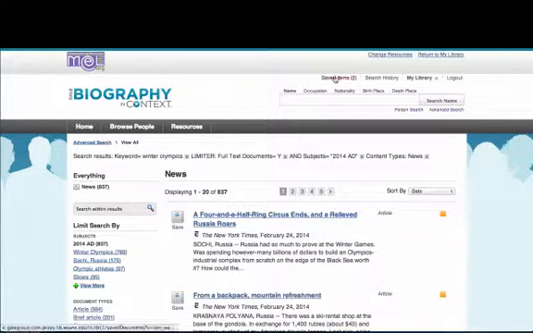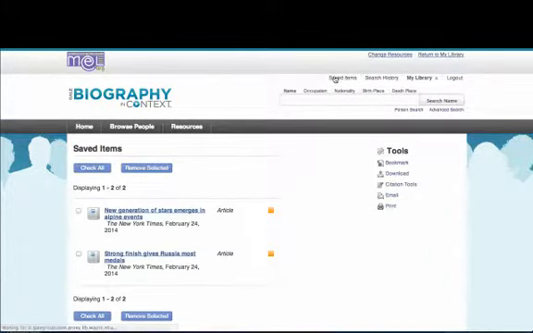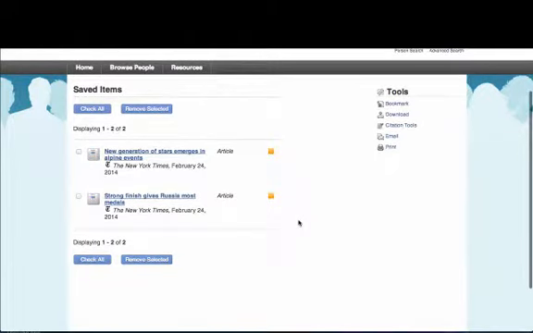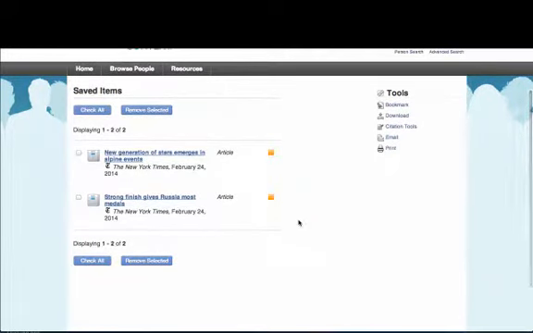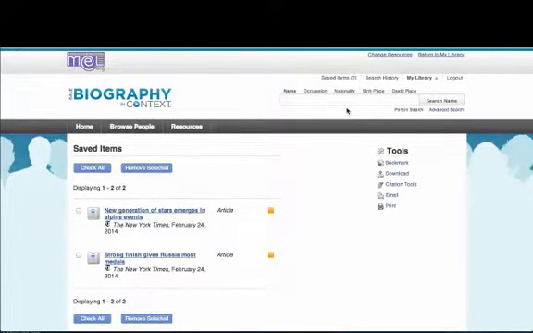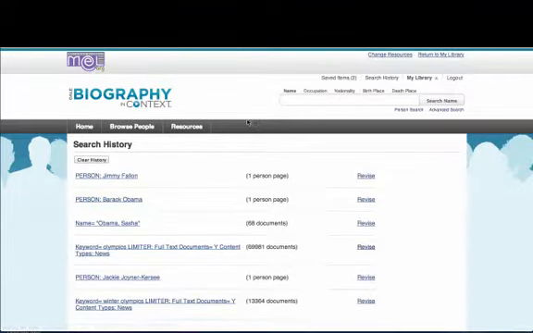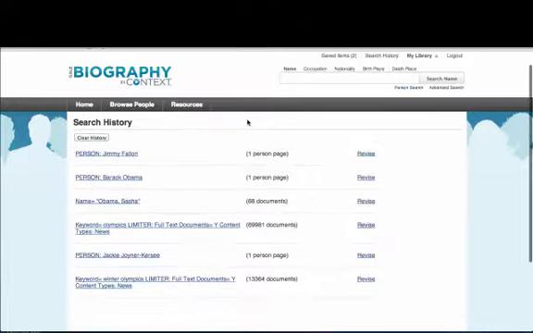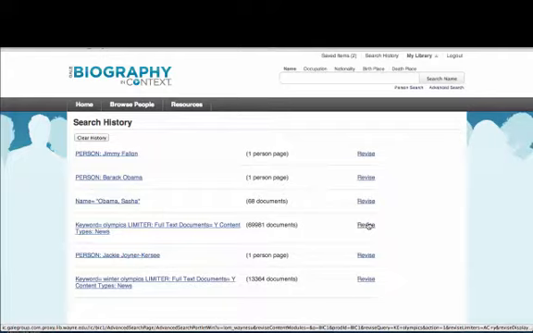Now if I go into saved items, I will be able to see that list of items that I saved earlier in my searches. The last feature that I want to look at is the search history, which you can also see at the top of your screen. Selecting this option should show you a list of all the searches that you've executed in that session. This page will allow users to select the search to re-execute it, or to select the revise hyperlink to modify the search and run it again with additional or fewer